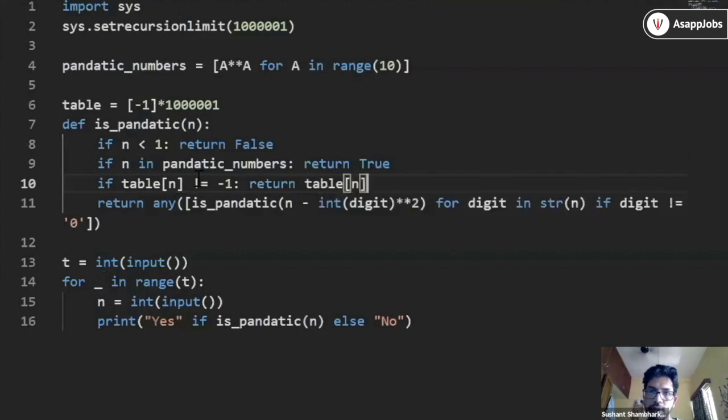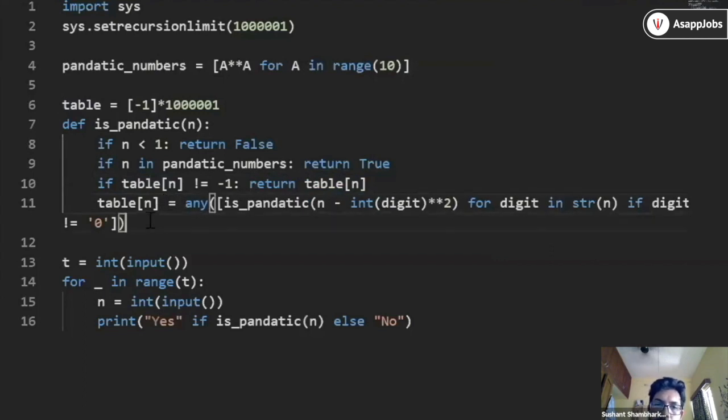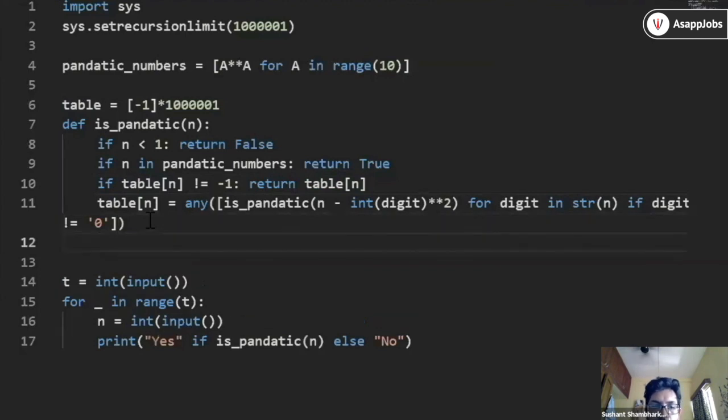If it is not calculated yet, that means you need to calculate this value and store it in table n. So I'm following the same structure as I followed before. I calculated the value and then I return this value.